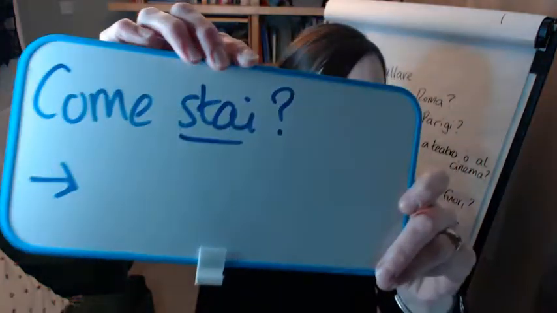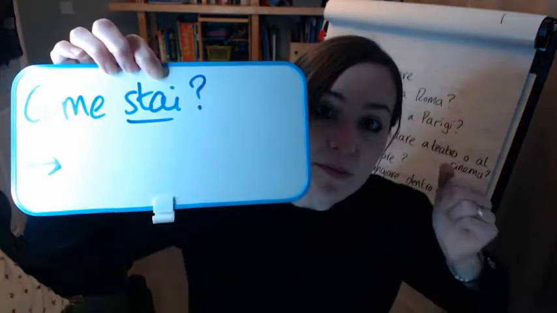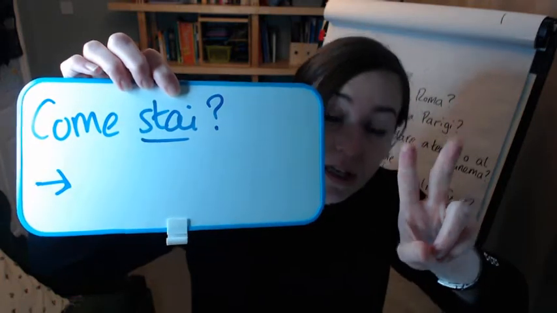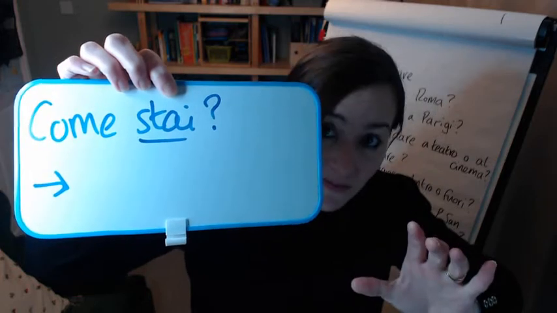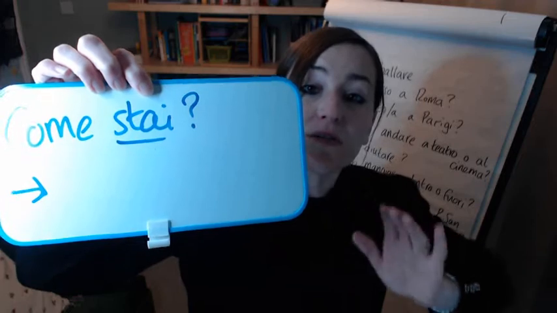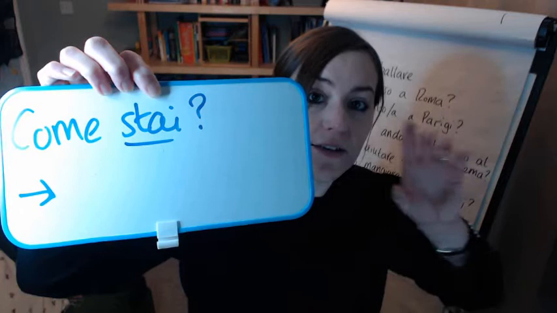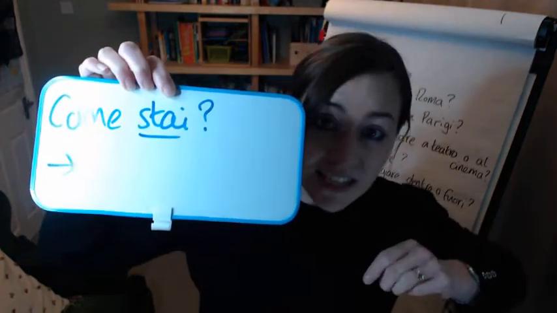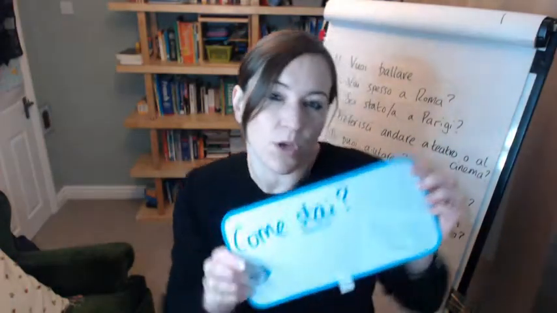So here in this question, stai is the tu form in the present tense of the verb stare. Io is the first person, tu is the second person, singular. Io, tu, lui, lei, all the singulars. Noi, voi, and loro, all the plurals. First, second, third, singular, first, second, third, plural. So we're looking at the second person, you, in the singular, but also in the formal. So we change stai. Anyone know what that changes to?